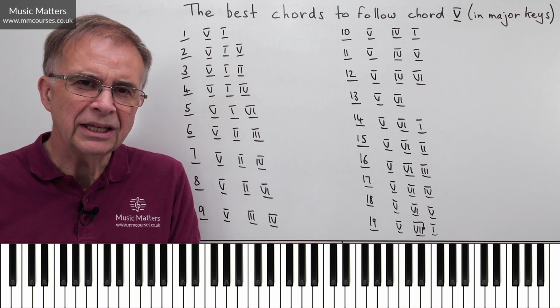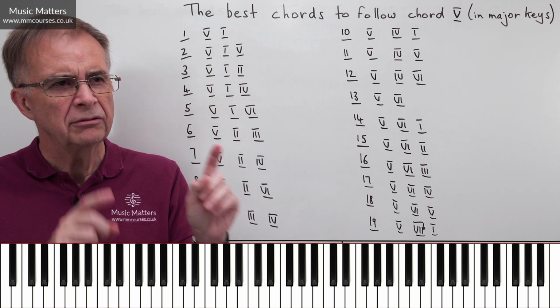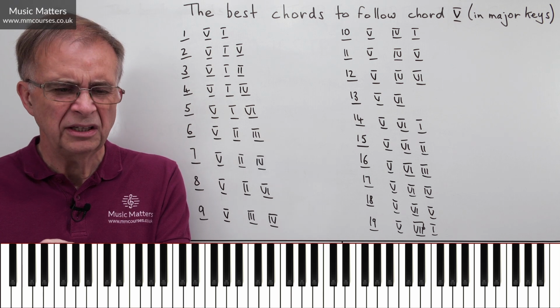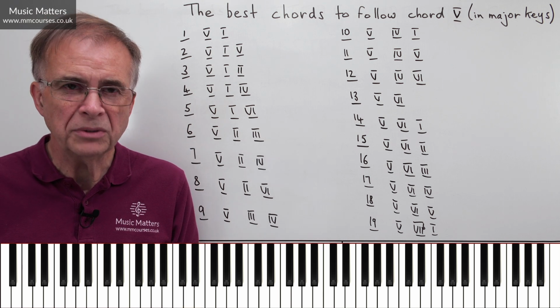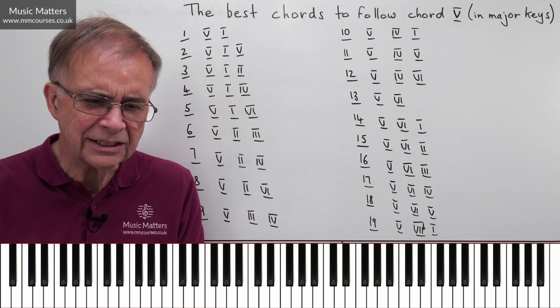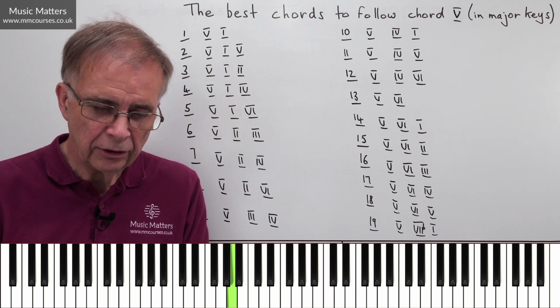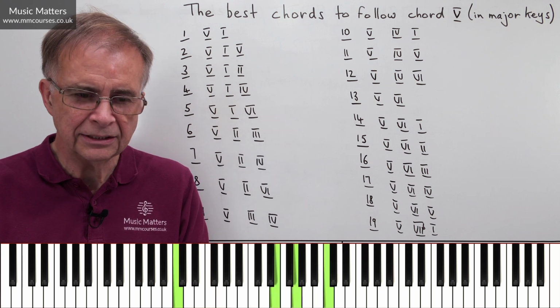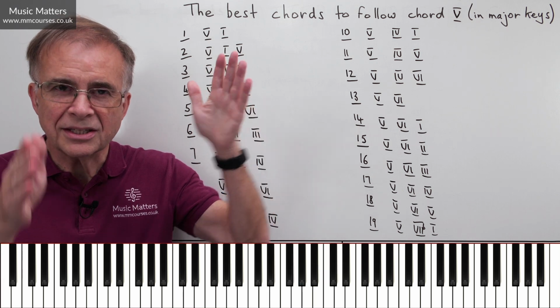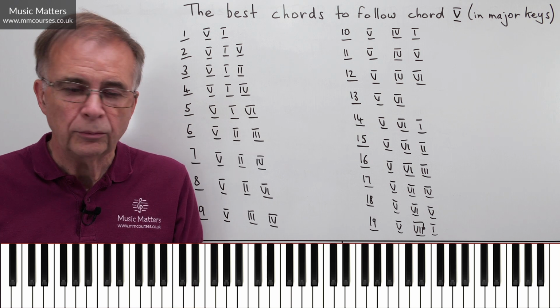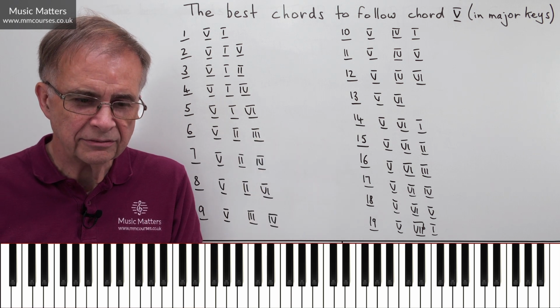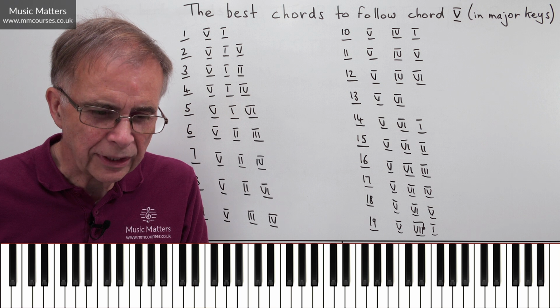So sometimes you can get into a situation where you're going 5 1 5 1 and you think, oh, I just need another chord in between. Well, there's a good possibility, isn't it? To go 5 to 1 to 6 and then go 5 to 1 again. So you can use the 6 as a kind of center point there with 2 5 1s either side of it. That's a possibility anyway.